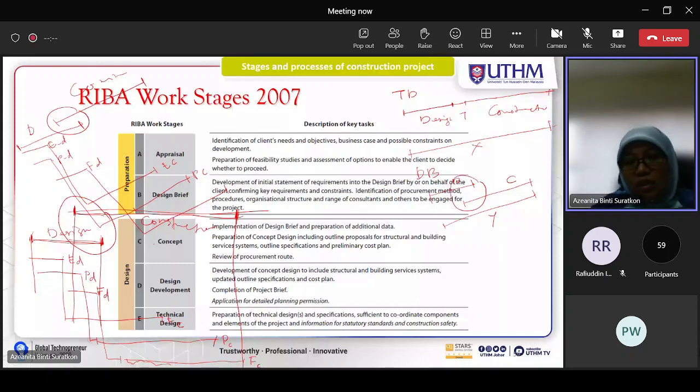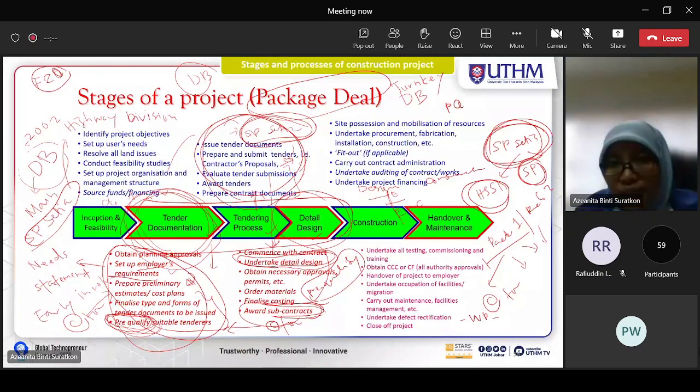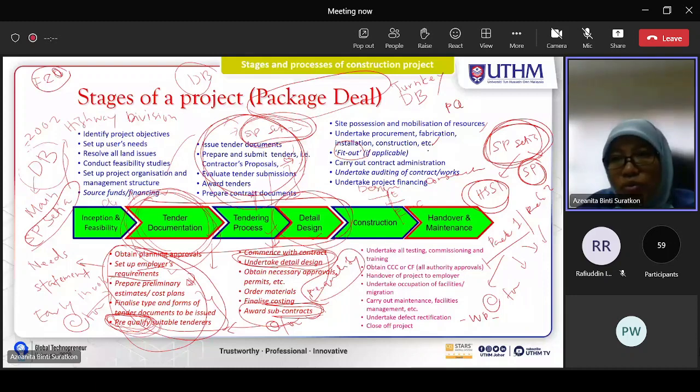Right, okay, good. So that's all for detail design here, and then construction. We continue here. Site possession and mobilization of resources, I think this is similar. Undertake procurement, fabrication, this is similar. Fit out, meaning you have to do the fitting, not only the construction, but sometimes